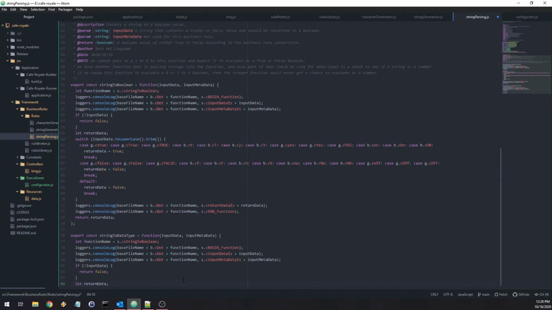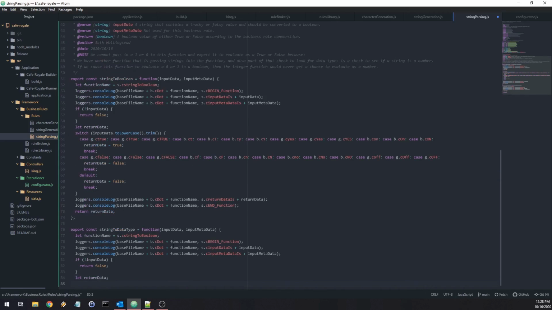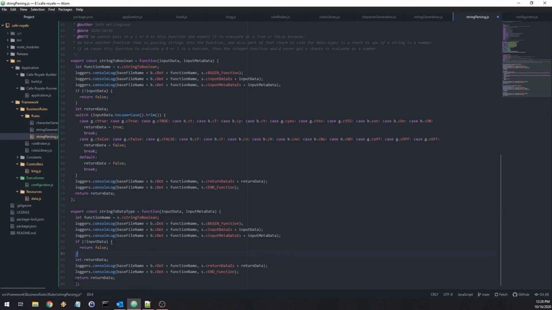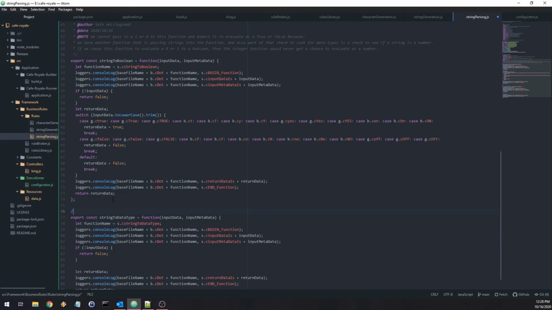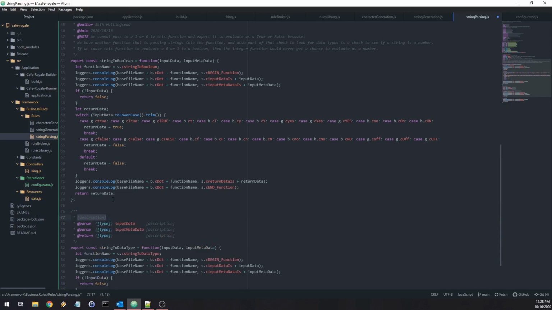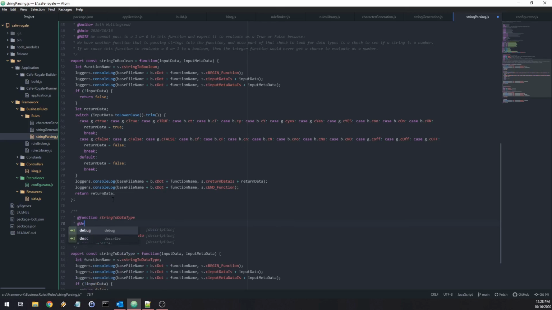So we'll just put that right there. And we need to clear out the end of it. So we're just going to copy paste all of this, because that's exactly the same. Okay, and the only difference here is just this part. So we got to put that here and replace that. Okay, and of course we'll go ahead and put our header in at function stringToDataType description